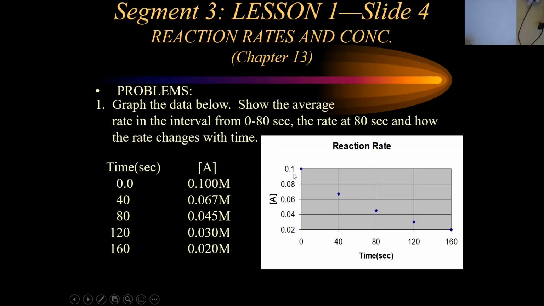And then we've entered the points. At time equals 0, we're at 0.1. At time equal 40 seconds, we're at 0.076. At time equal 80 seconds, we're at 0.045. At 120 seconds, we're at 0.030. And at 160 seconds, we are at